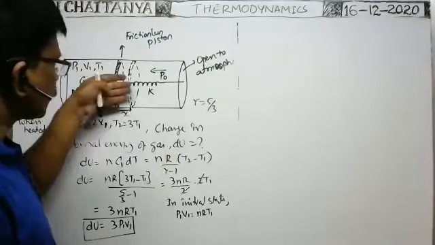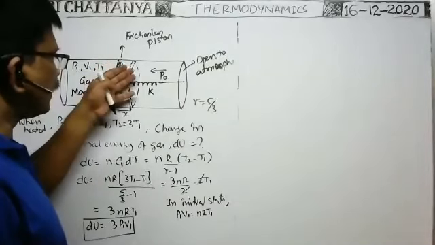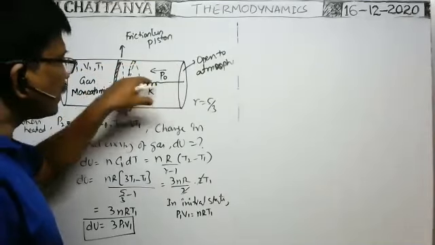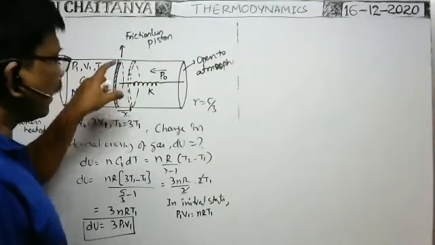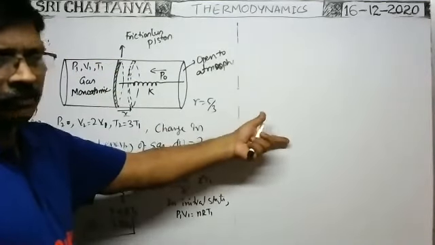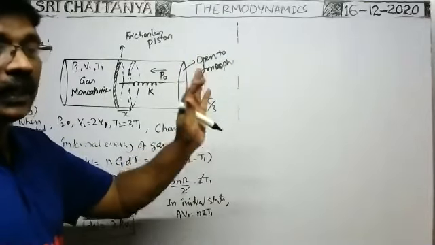Because whenever the gas is expanding, so that the piston displaces from this position to this position, the gas does some work against the atmospheric pressure and against the spring force also. So what is the work done by the gas against the spring force? It means half kx square. That is the only answer. Previously we got the energy stored in the spring. That is the work done by the gas on the spring alone.